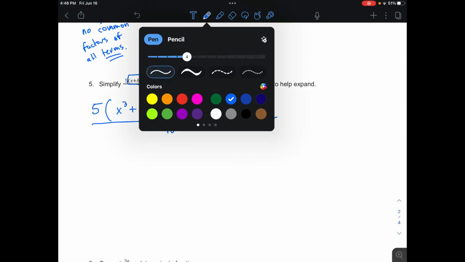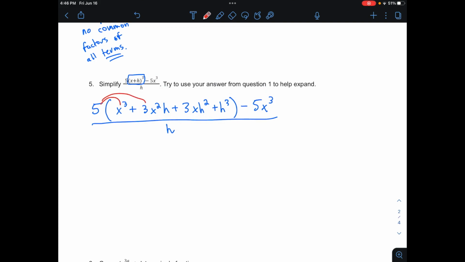Then we can distribute in this 5, because we'd like to see if we can combine some things in the numerator, end up with some common factors. So I'm going to get 5x^3 + 15x^2h + 3xh^2 + 5h^3 - 5x^3